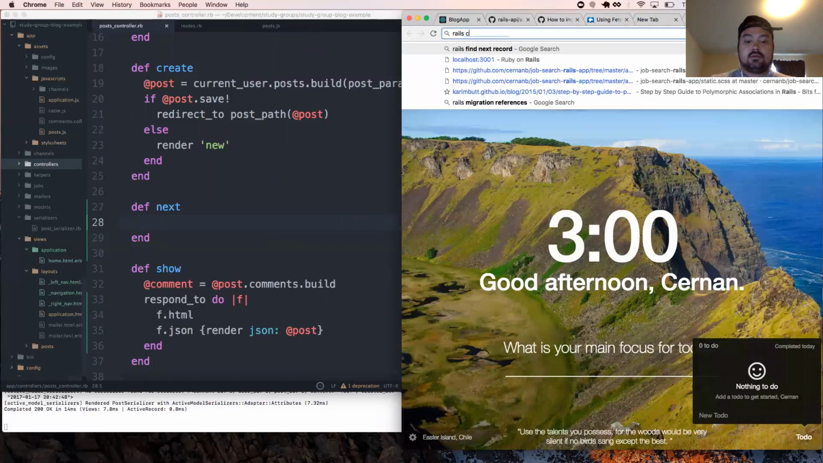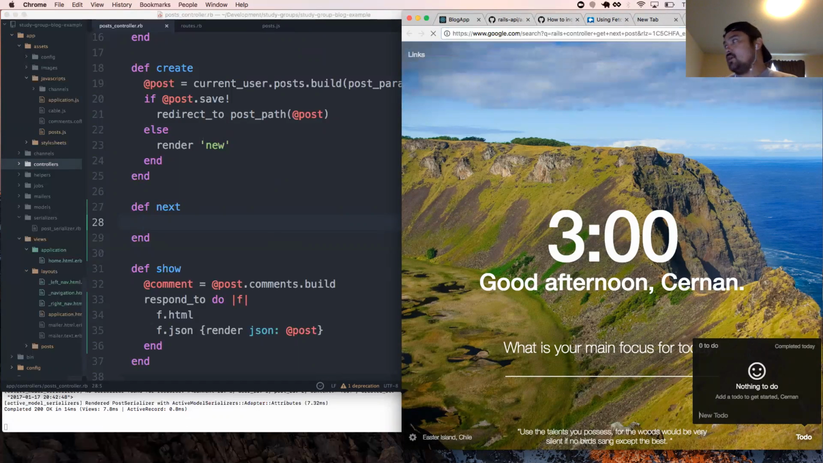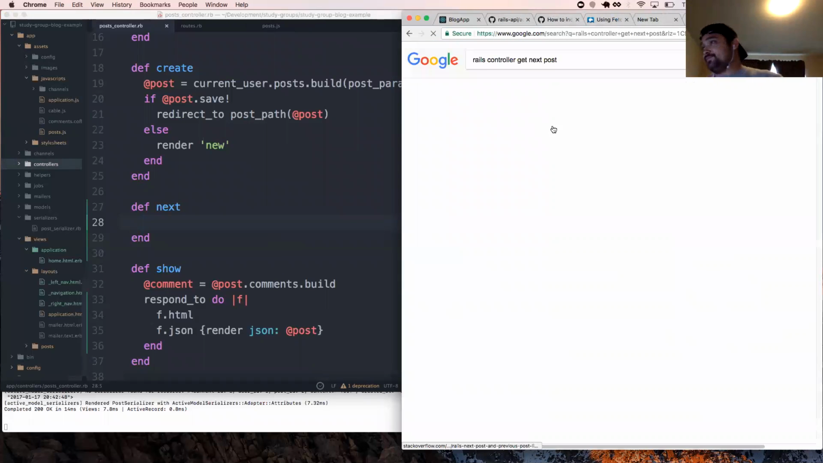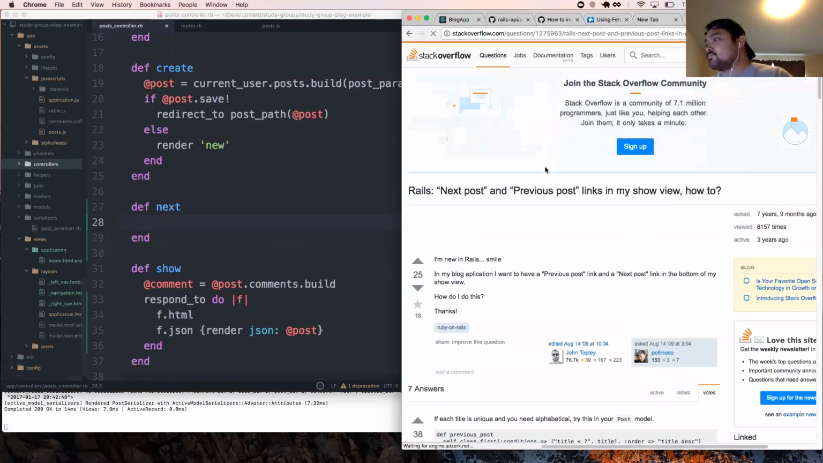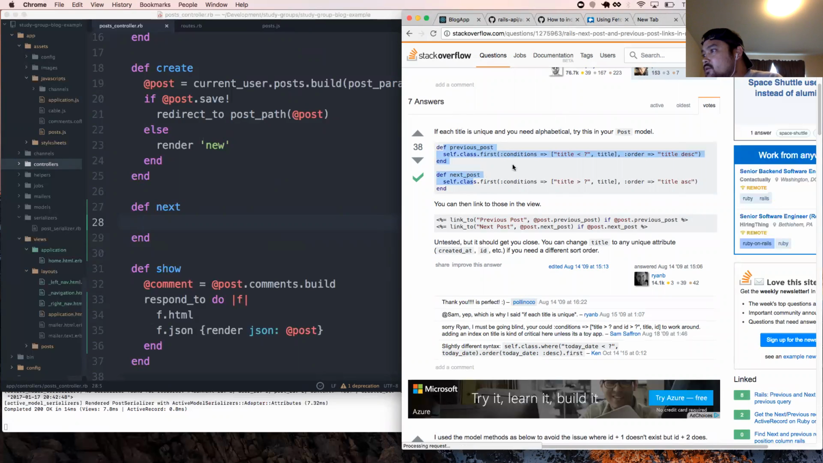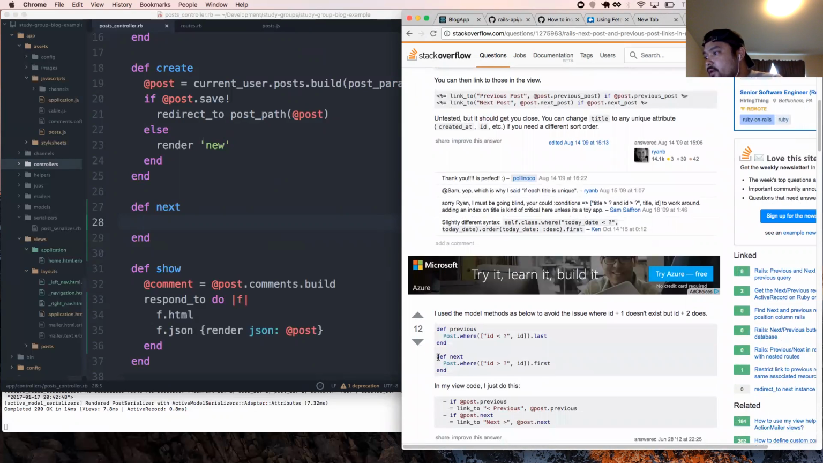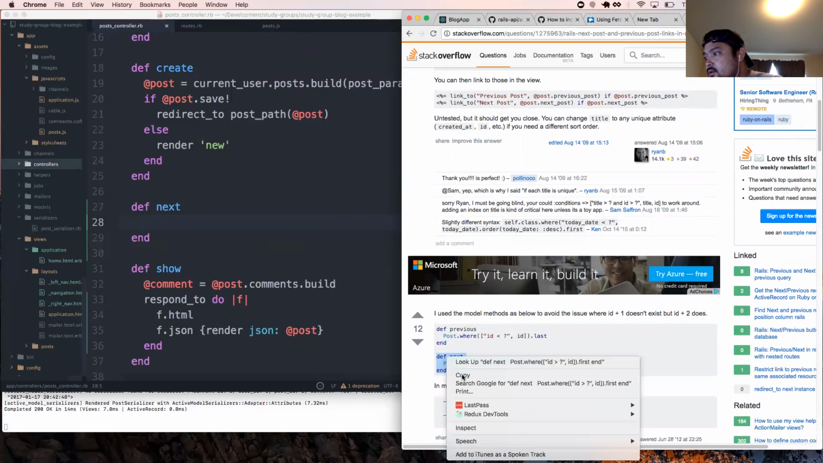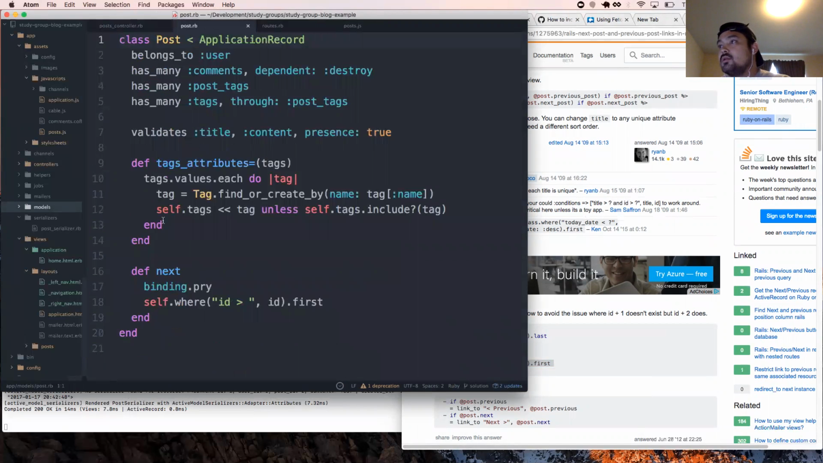Rails controller get next. Well, we'll just say post. They might even have that. They have this. Kind of like this one better. There we go. So they have this in our post model. We can, oh man, I already had it. Okay, so here